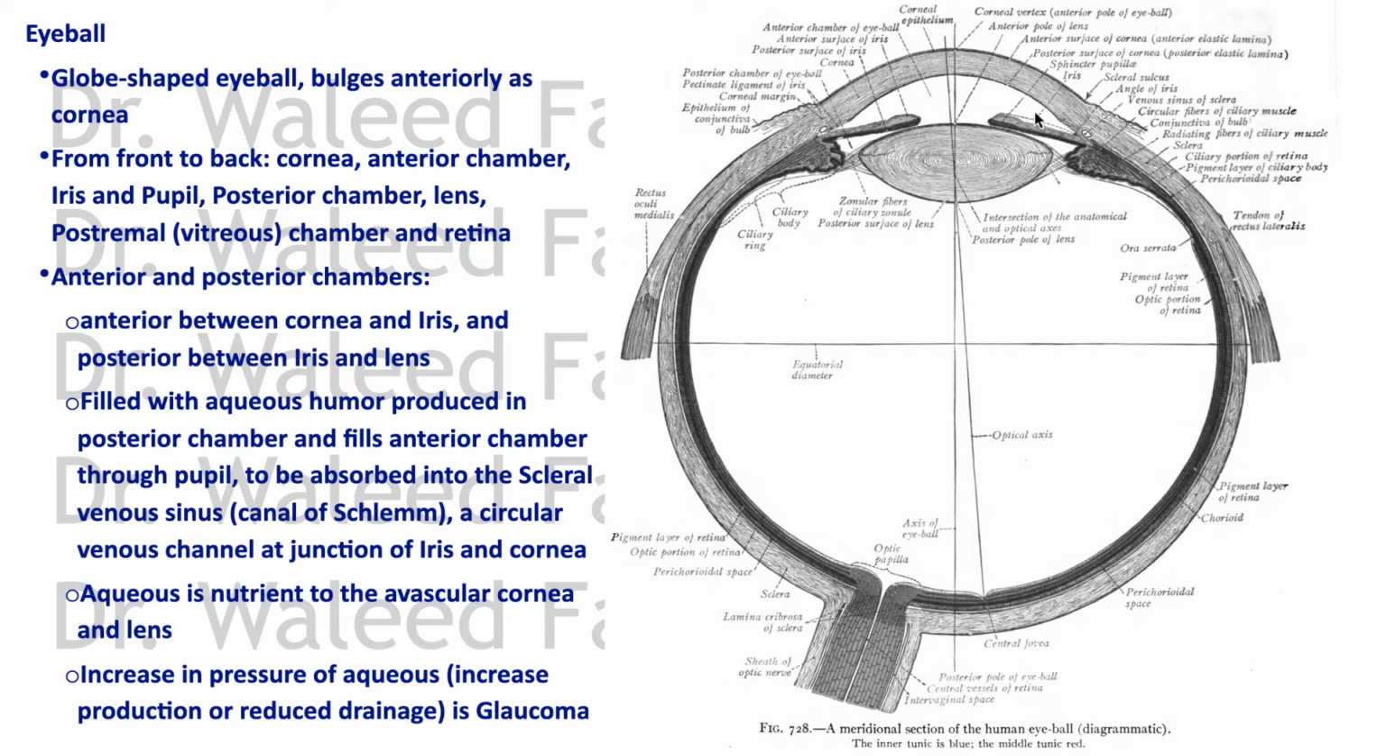Globe shaped. From the front, from anterior to posterior, we have the cornea, then the anterior chamber between the cornea and the iris. This is the iris, which is the eye color and has the pupil in the center. Then going more posterior we are in the posterior chamber. See these two connected cavities. Between the lens and the iris is the posterior chamber, then the lens, then comes the vitreous chamber, also called the postremar chamber, that's filled with vitreous humor,